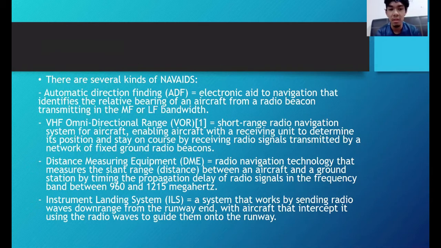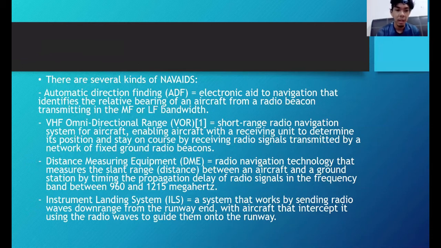The next one is distance measuring equipment, DME, which is a radio navigation technology that measures the slant range or distance between an aircraft and a ground station by timing the propagation delay of radio signals, which only work in the frequency band between 960 and